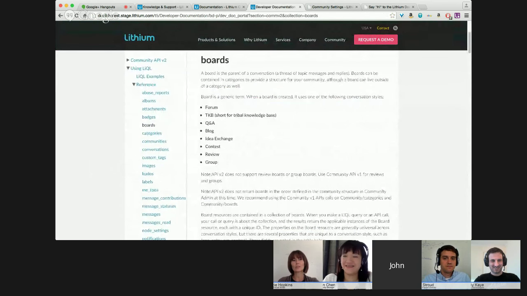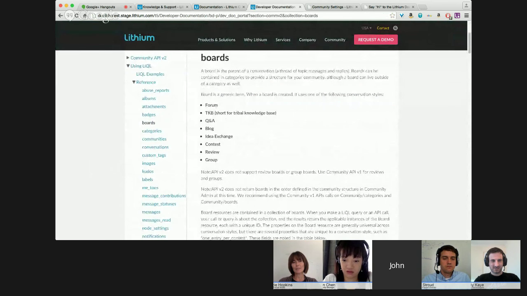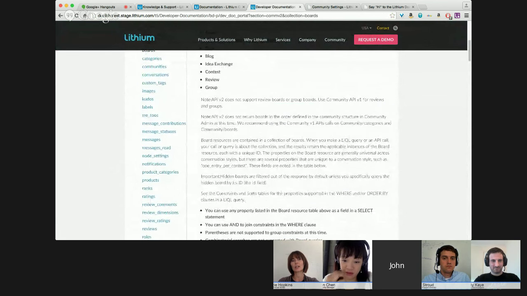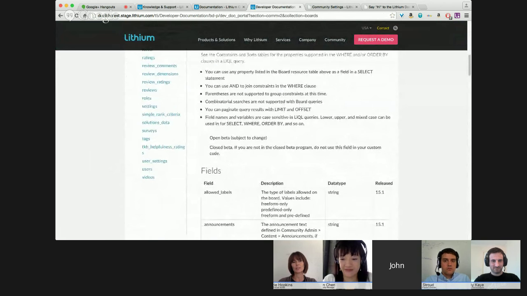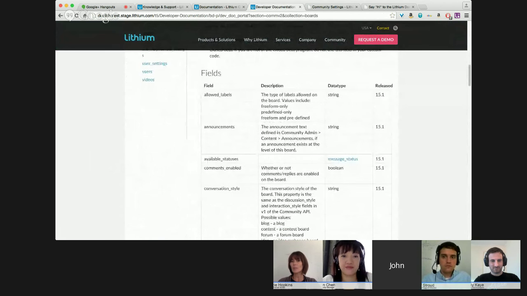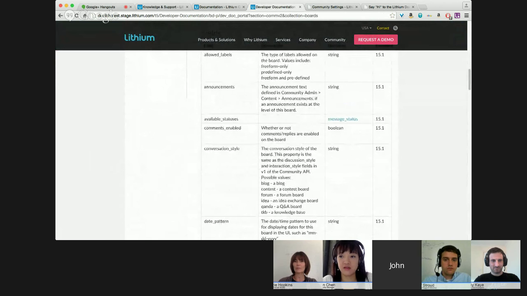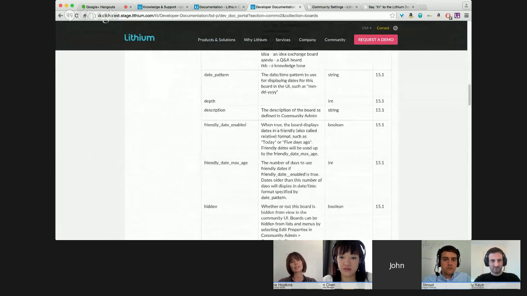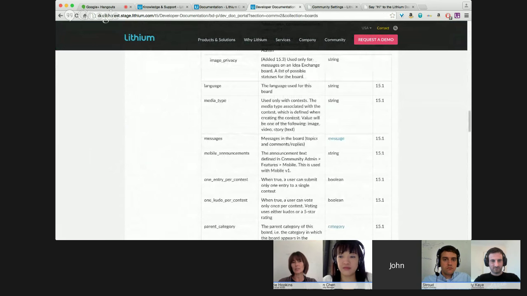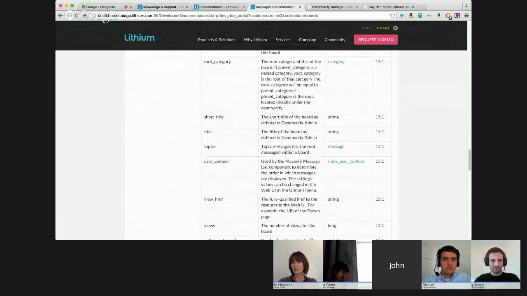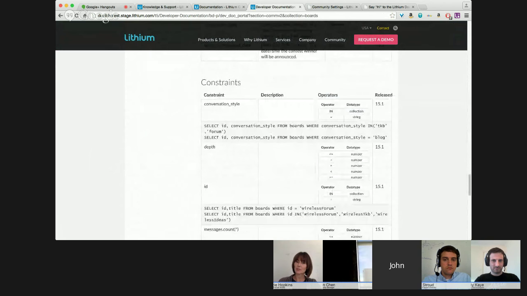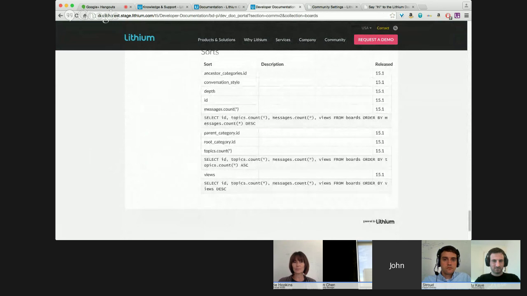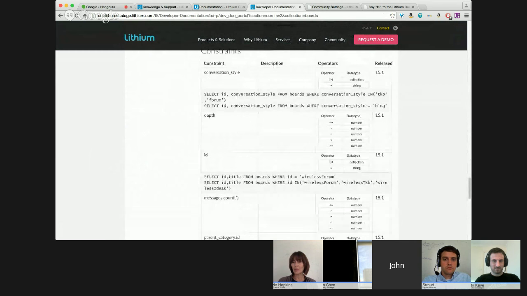So if you click on boards, for example, we've brought in the TKB information, and then we've alphabetized, so you'll see all the resources here. And then if we keep scrolling down, we get to the content information. So it's what you've been used to seeing, all the different fields. We've added them as far as release status, and we can link between different resources. And then if we keep going down, eventually we see how you can use these different fields in your Likewool queries and examples, etc. So we're trying to bring a more up-to-date, modern documentation solution for this kind of thing.